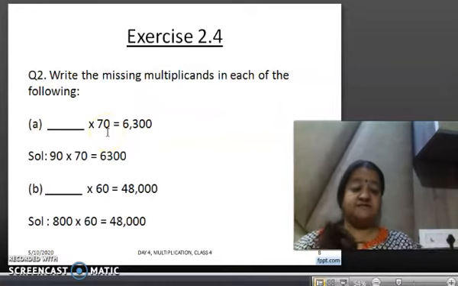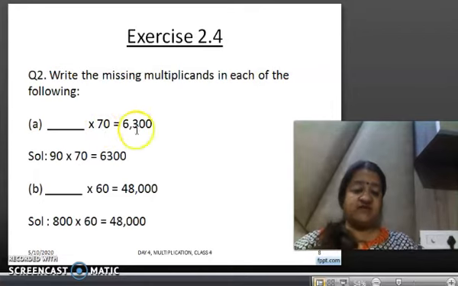So you divide 6300 and 70 together. You can do that while arranging them in fractions. As you know, 7 nines is 63. So when you multiply this by 90, you will get 6300. There are two zeros. One zero is already with 70. So I will put one zero with 9 also. 7 nines is 63. How many zeros do I need? Two zeros. One zero is already with the multiplier. So one zero will come in the multiplicand.